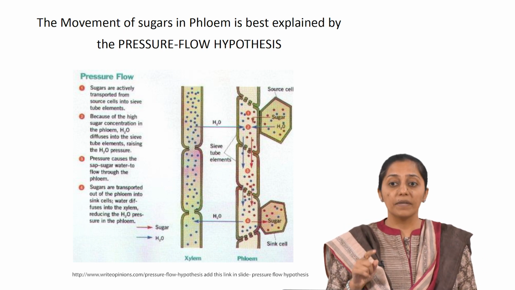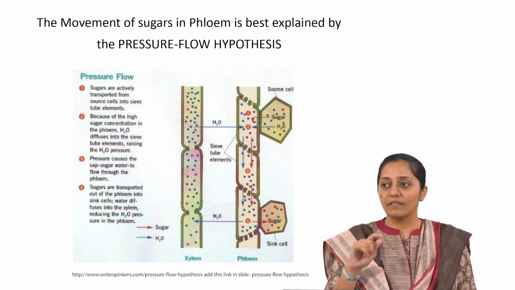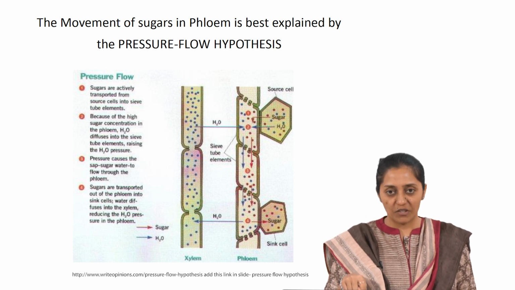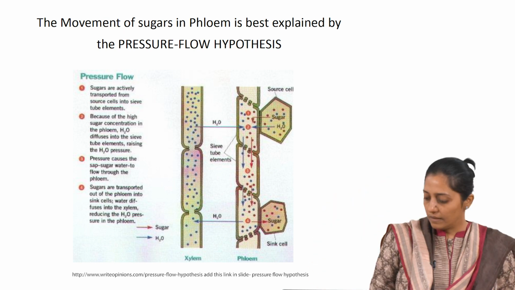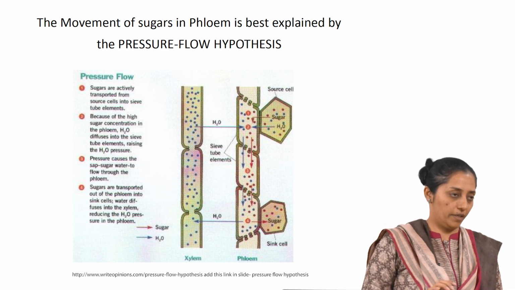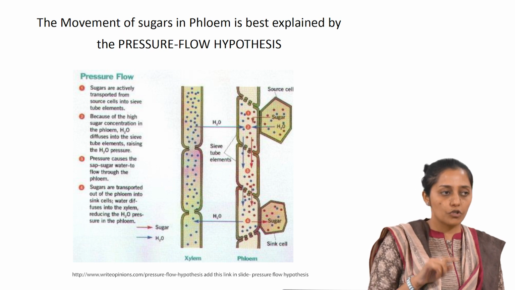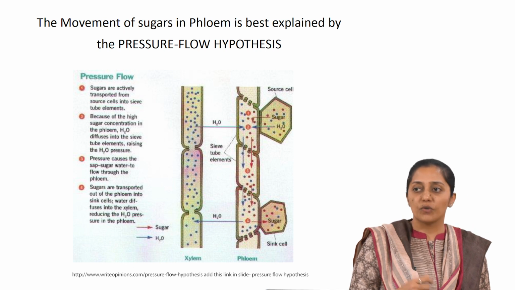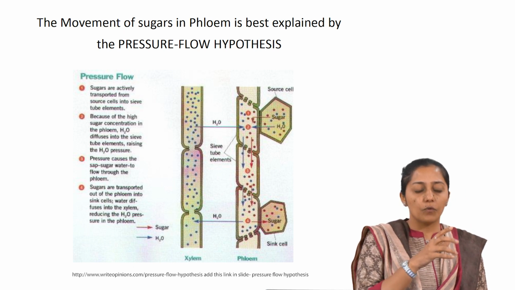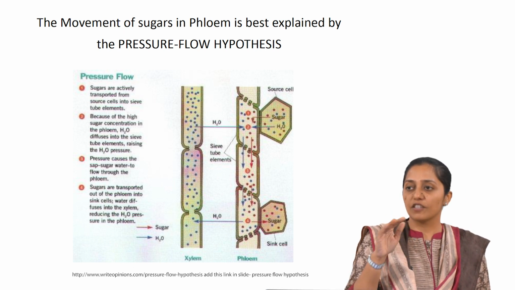So, now tell me which steps will include active transport in this picture, if you can see. What steps will have active transport at the site of the sink? For what? For the sugar. So, that is also active transport. What else? Do you think water, what will be the best way, because ultimately the sugar has to be